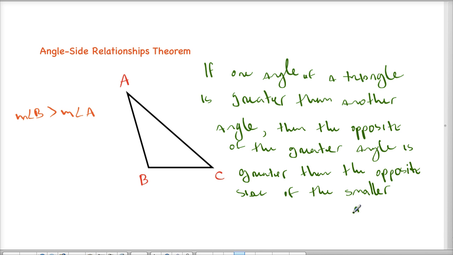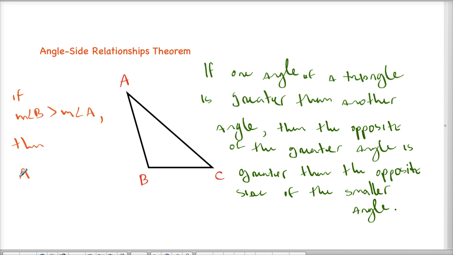So that's why we call it the angle-side relationships theorem. Depending on the angles, that's going to tell you something about the opposite sides and their relationships. In this case, the measure of angle B is greater than the measure of angle A. That's the first part, the hypothesis of this theorem. The conclusion then says, if that's the case, then the opposite side of the greater angle, which in this case is AC. So if the measure of angle B is greater than the measure of angle A, then we could say